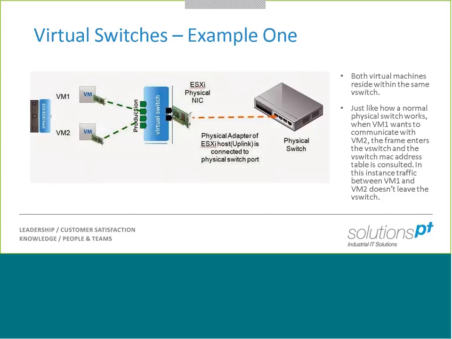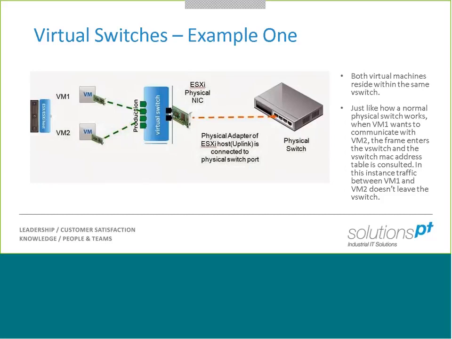right in the middle. Now, on that virtual switch, we have 2 physical ports represented as little black boxes. And they're shown as connected to those physical NICs there, which then in turn connects to a physical switch. Now, the important takeaway point from this is VM1 and VM2, they're on the same LAN, in the same subnet. If they want to talk to each other, they will send their traffic to the virtual port, which in turn connects to the virtual switch.